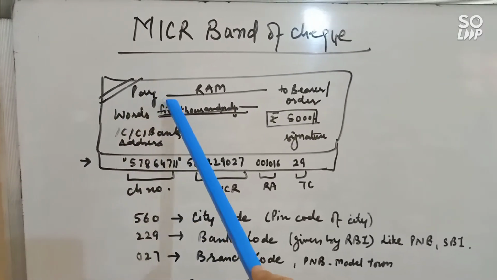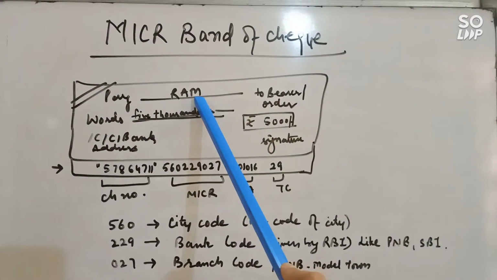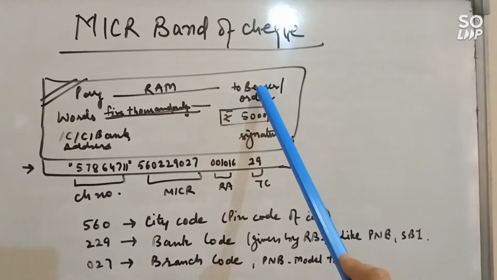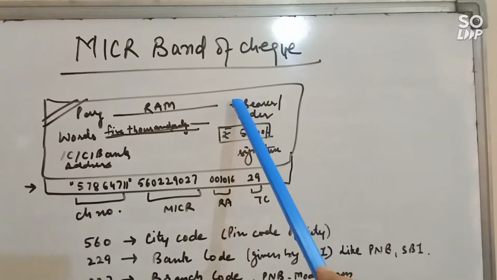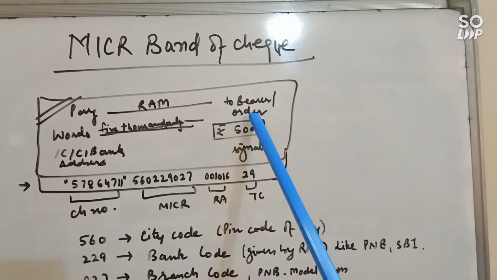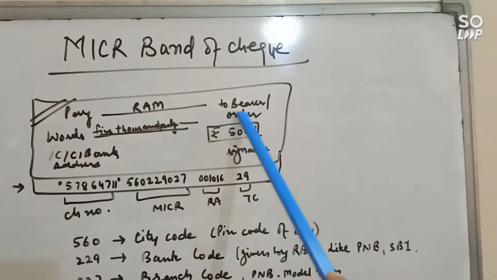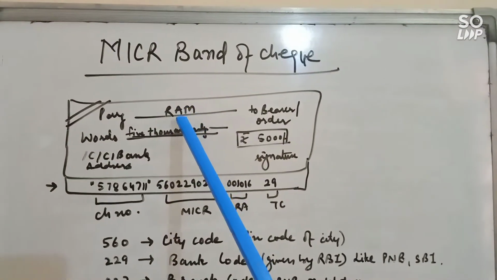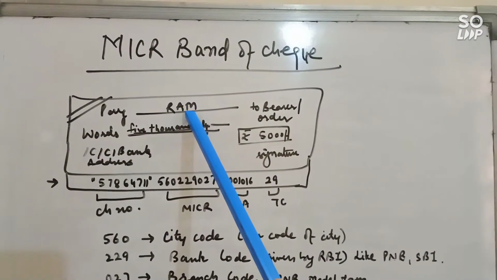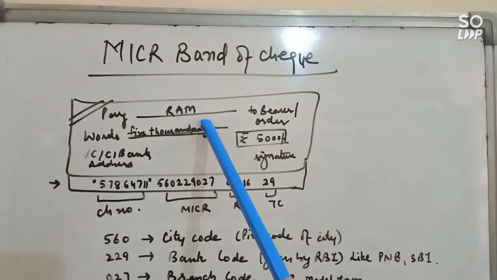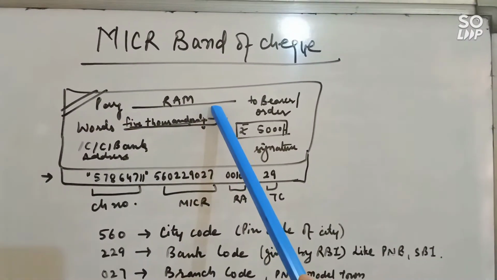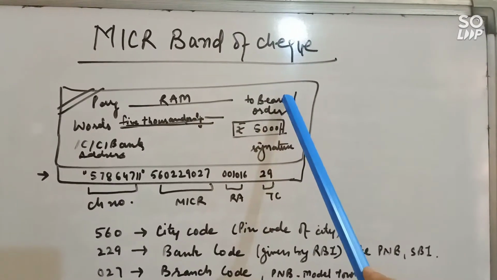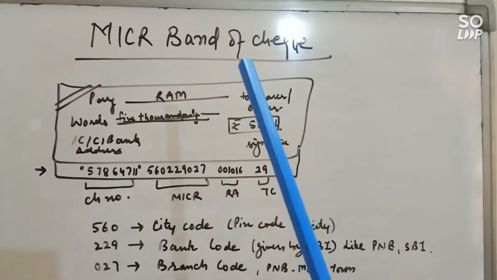In this Pay field you will write the name of the person to whom you will make the payment, and here is "to order" or "to bearer" and order. If you strike the word bearer, it means this is an order check. If you strike the word order, it means you will pay Ram, but the bank will not verify whether the person is Ram or not. The person who presents this check in the bank can encash it. So it becomes a bearer check automatically.